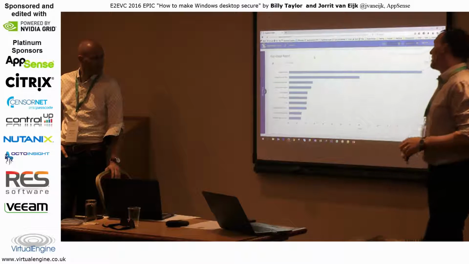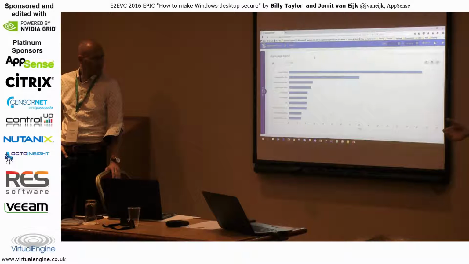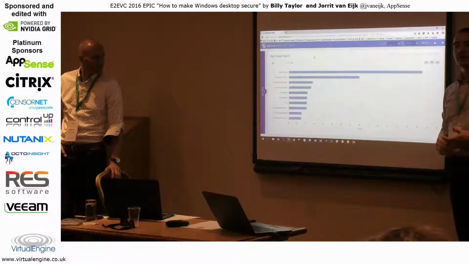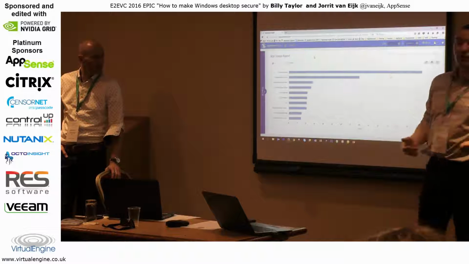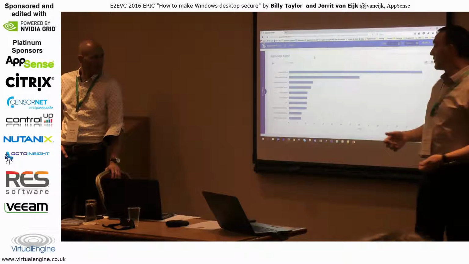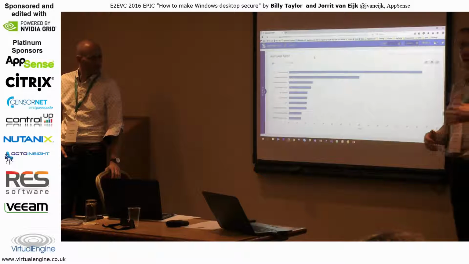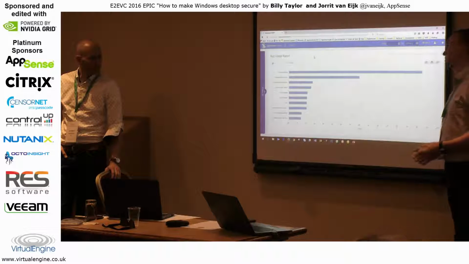Now we start looking at the app usage, so we're collecting every application that launches. By knowing what applications are being launched, we can start seeing what in our environment could be rogue. If an application suddenly shows up on this chart that you don't know, that gives you an indication that you've got some rogue applications in your environment you may want to start looking at. So having this information to hand helps you build a security platform to remove the risk in your environment.